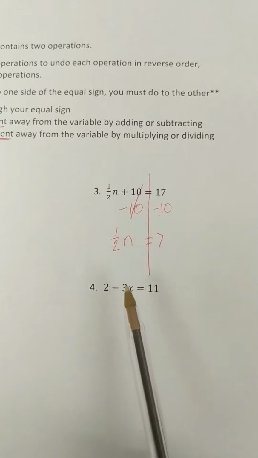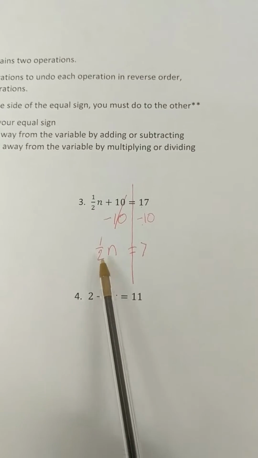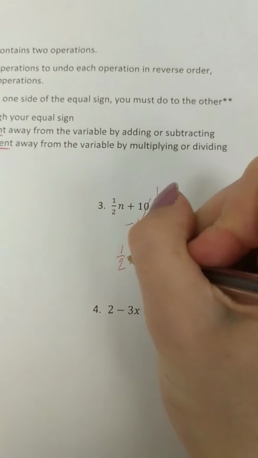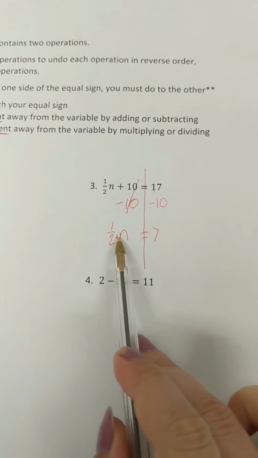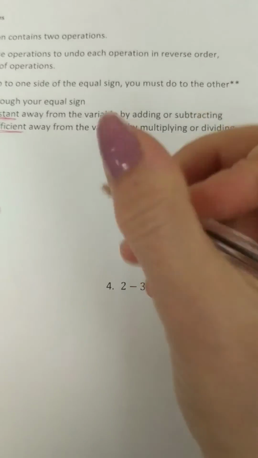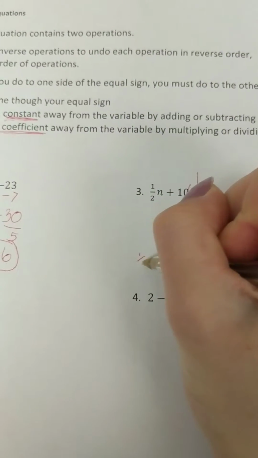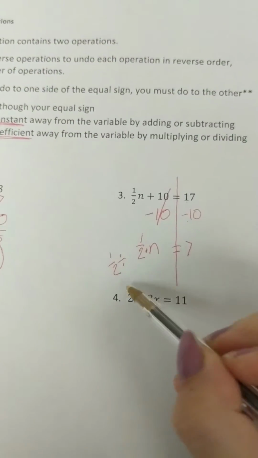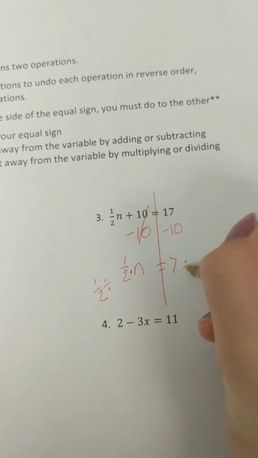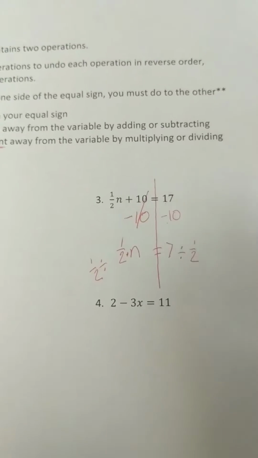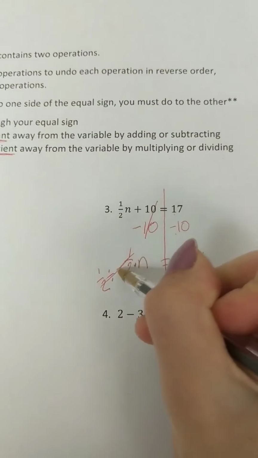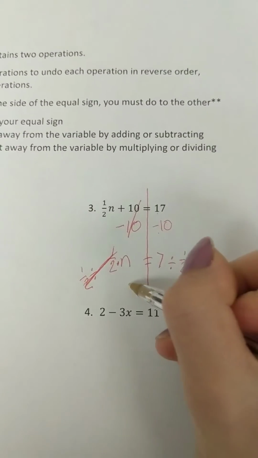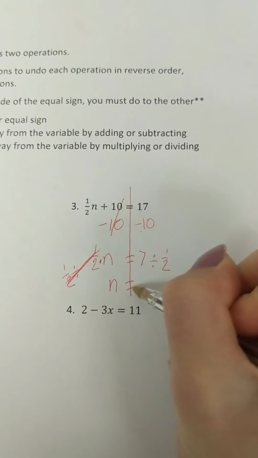Okay? Now we need to get rid of our coefficient, which is our 1/2. Now remember here we have multiplication. In between a number and a variable, if you don't have a symbol, you have a multiplication sign that's kind of hiding. So we get rid of multiplication with division. So I'm going to put a little divide by. I'm going to divide by 1/2. And then I'm going to do it over here on the right side, because if I do it to the left, I have to do it to the right. These 1/2s, the 1/2 divided by 1/2 cancel out, leaves me with n equals,